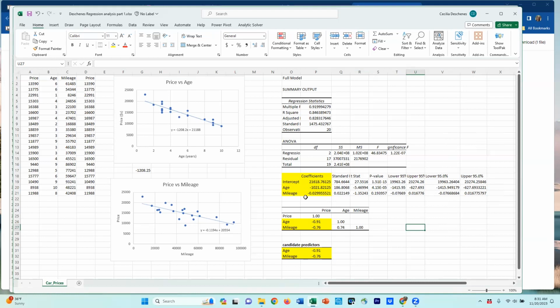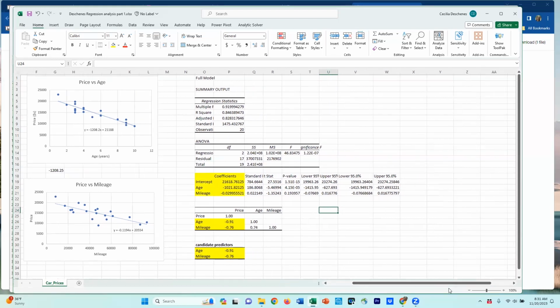All right, so we're going to perform the initial full model regression analysis. We write the sample regression equation in Excel. So if we're going to write it, let me just go ahead and say price. So let's just go ahead and label it sample regression equation. And let's left align that. I don't know why I did that. Okay. And here I'm going to say price is equal to,